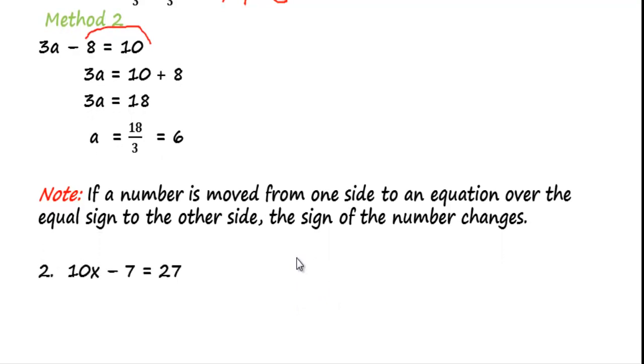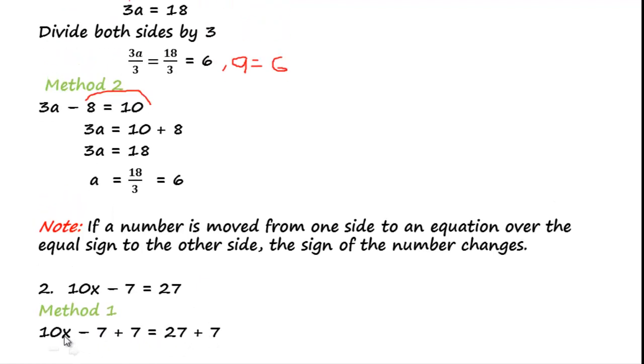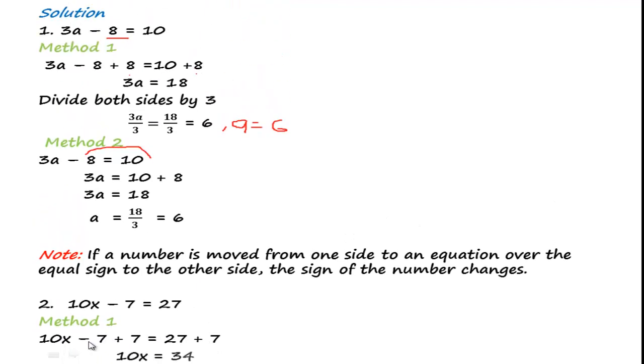Now, number 2, 10x minus 7 equals 27. Using the first method, that means you are going to add 7 to both sides. Add 7 to both sides. Now it's going to be 10x minus 7 plus 7 equals 27 plus 7. Now we write 10x, and then minus 7 plus 7 is 0, equals 27 plus 7, which is